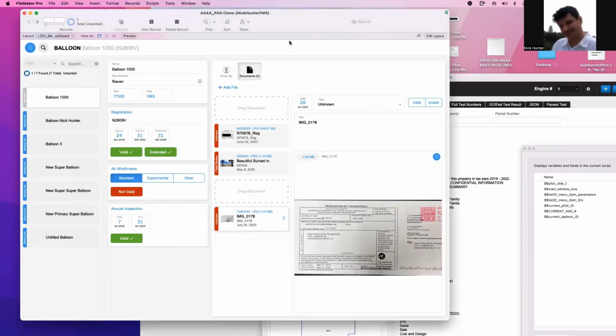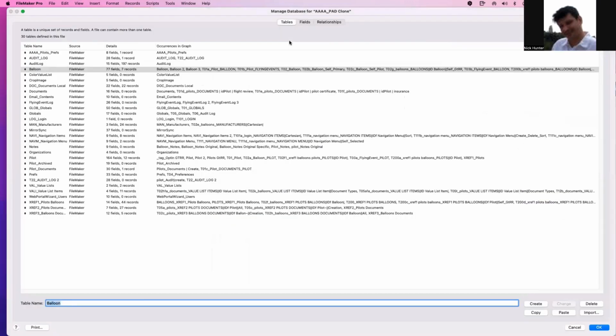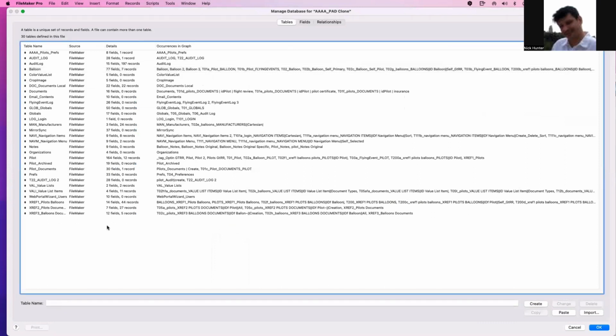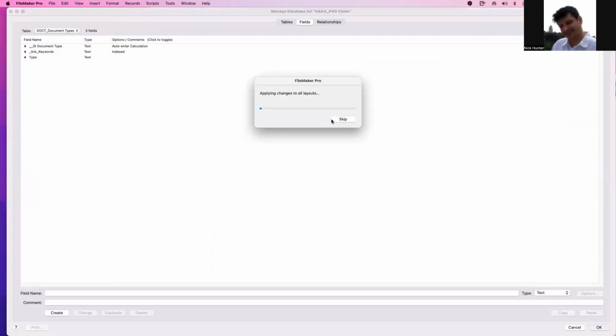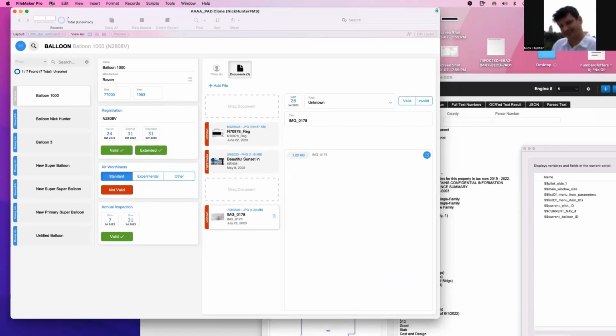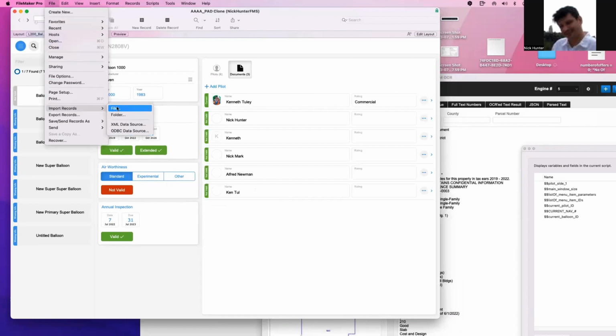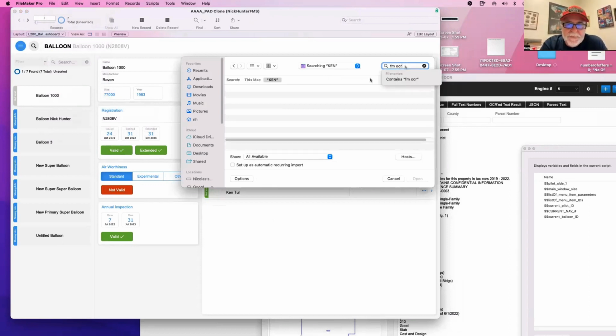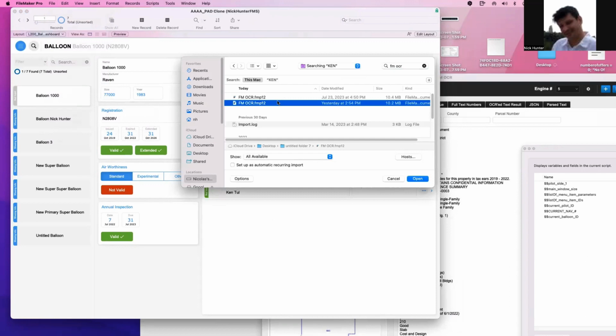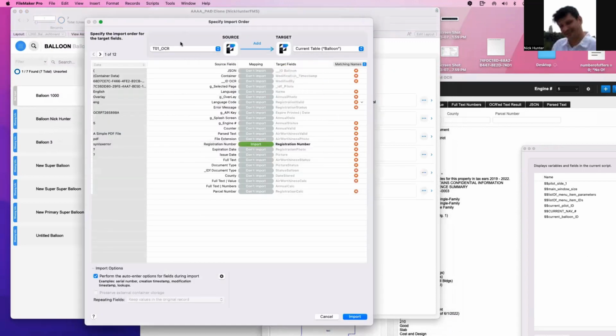And paste it inside that file because those are document types for balloons and pilots, correct? Okay. Yes. This is my document type table. And I want to import all the records I have in that document type table, right? So I want to import from. Because we created them all over there, yeah. So from,